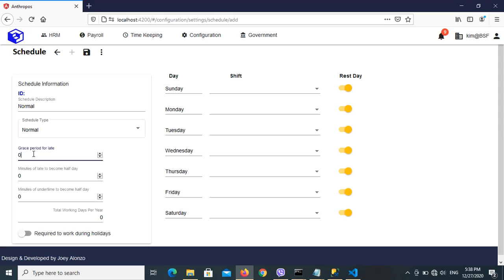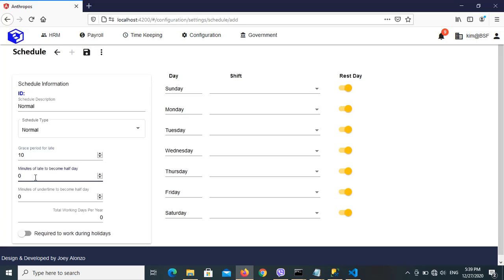So if the scheduled time in is 8 and you came at 8:15 and the grace period, let's say, is 10, that means you already exceeded the grace period. But for example, you came at 8:05 and the grace period is 10 minutes, so it means you are within the grace period, so you are not considered late by the system. Okay, so let's say the grace period is 10,